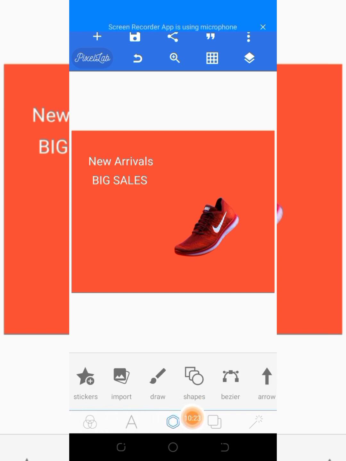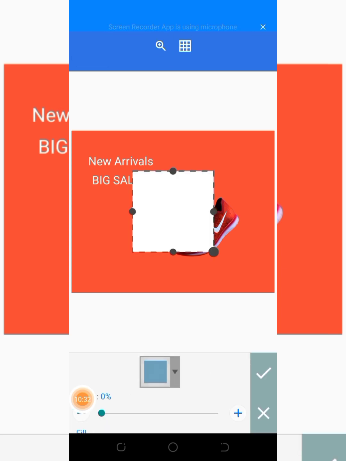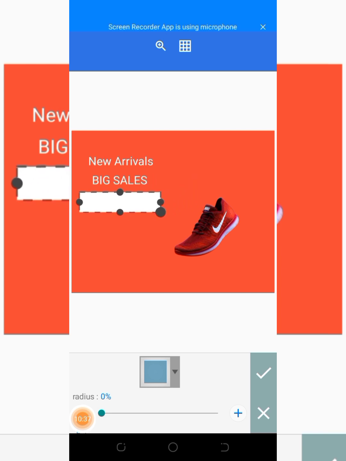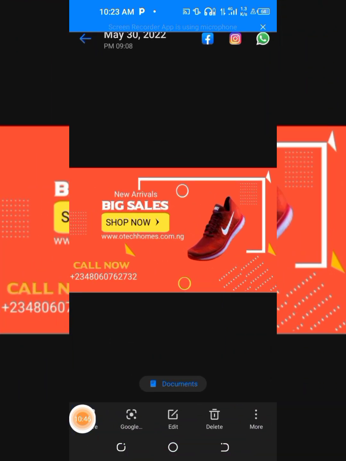Once you click on it, it takes you to this shape button. Can you see this shape button? Then you click on the shape button. Then you know what you need, right? You need a rectangular shape. And you put the rectangular shape here. And if you look at it very well, you will realize that it is not 100% rounded at the edge. I mean, it's not four corners, it's a little bit bent,